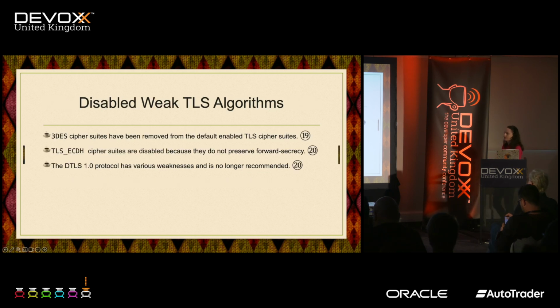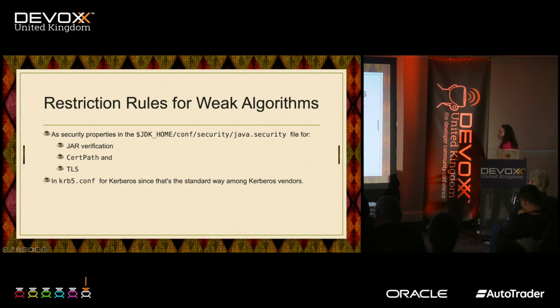And also, we have a change like TLS 1.0 and TLS 1.1 were also disabled by default since April 2021. But there was also another change that applications should be using the DTLS 1.2 protocol and not use DTLS 1.0. Other restriction rules for weak algorithms were for Kerberos. Now, Kerberos is the protocol for authenticating service requests between trusted hosts across an untrusted network, such as the internet. And probably you encountered the term Kerberos if you ever have configured an application server, which used the Kerberos terminology a little bit more.